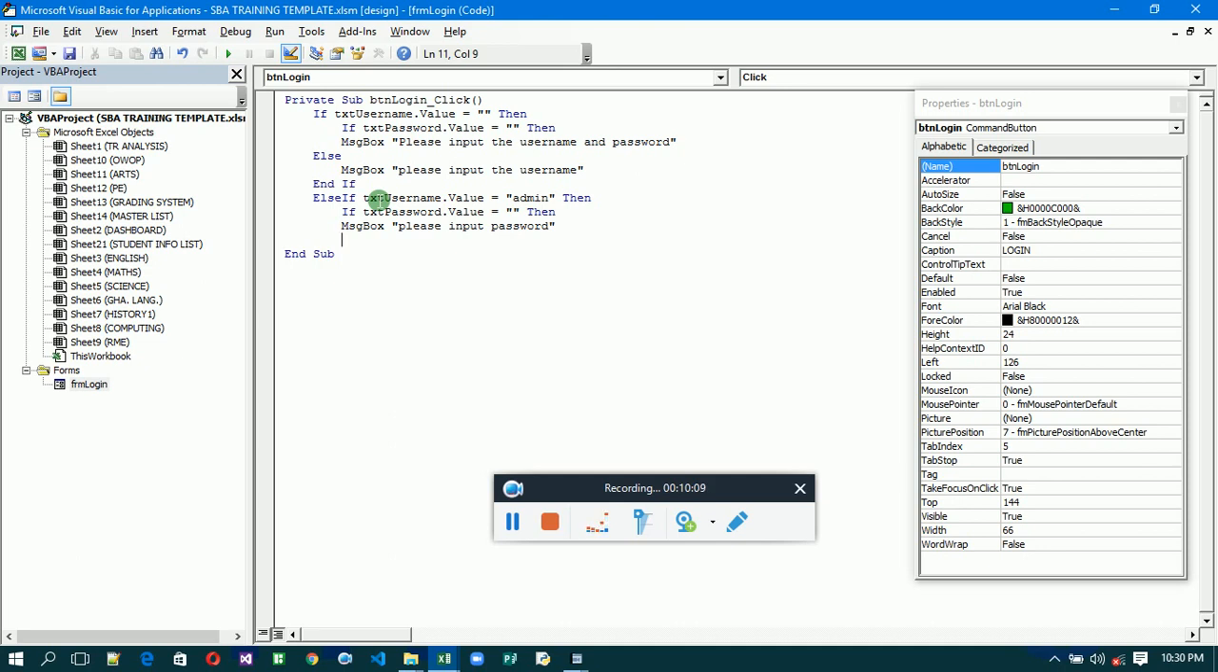You see this one. Let's see this argument too. This argument says that if the admin is entered, that is the username is admin and it has been entered correctly, but the password is still empty, this is what you should see: Please input the password. You see, then another argument again, as ElseIf